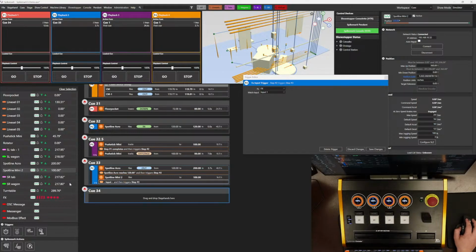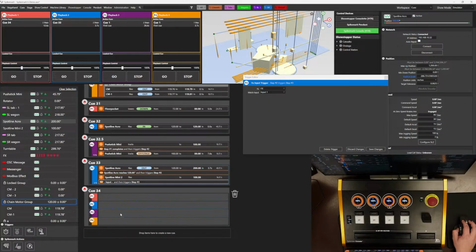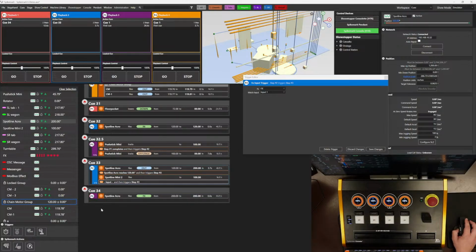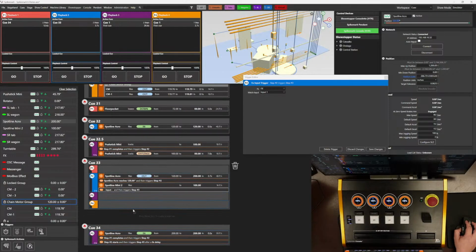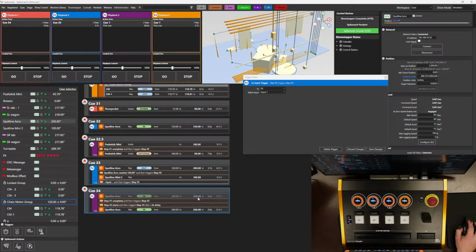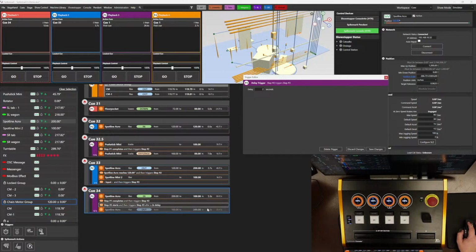And what that means is, if we go ahead and start new queue 34, I'm going to drop acro onto playback 3. I'm going to do completion, and then I'm going to do a delay right on my completion, and then I'll do the acro again. So let's go to 100, save. This will wait for step 1 to complete. Once step 1 completes, we can delay for 2 seconds,